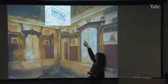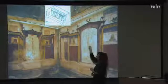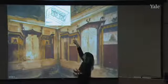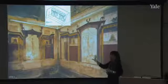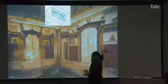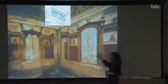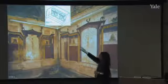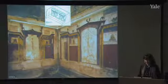If you look at the restored view at the top of a typical theater facade as we think it would have looked, a theater stage building, as we think it would have looked early on, possibly made out of wood again rather than stone, you can see it has a central section with a pediment, and then it has two wings. And we see the same scheme here. The central section, which is called technically a regia in theater architecture, R-E-G-I-A, and then two wings that are technically called hospitalia, H-O-S-P-I-T-A-L-I-A. So this tripartite scheme of a Roman theater, and if that is lost on us, note that there are masks, one on either side,